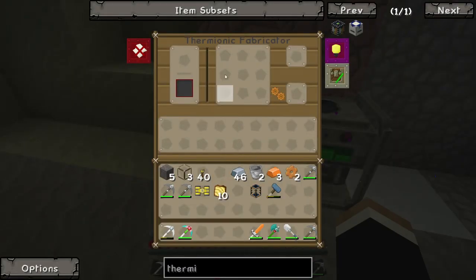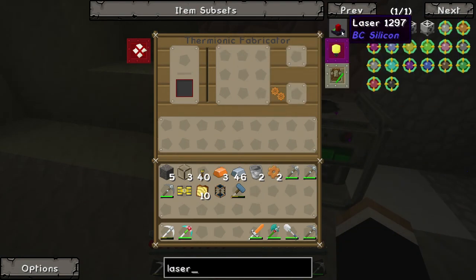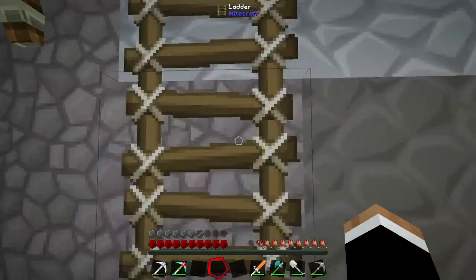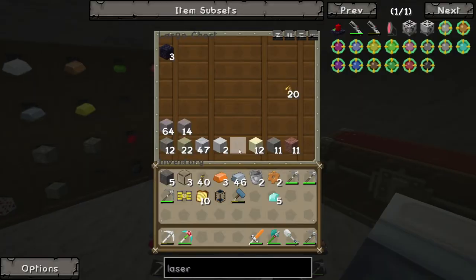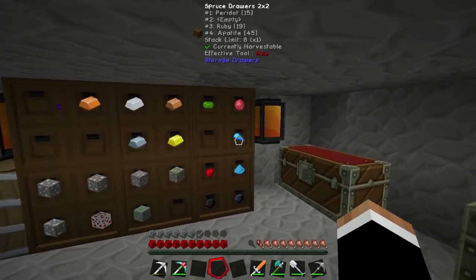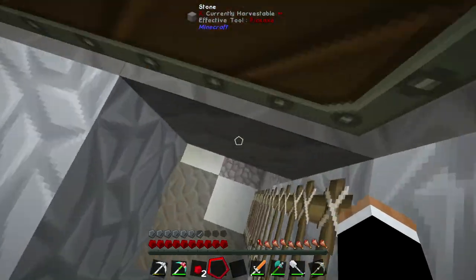All right, so here is our Thermionic Fabricator. Fascinating. Okay, so we made it, though. Yay. So now I need these lasers, right? So 5 diamonds and 2 redstone. That's easy enough. I mean, not so much. I'm running very low on diamonds. Actually, I'm surprised that I still have enough. I thought I was going to have to go diamond hunting. I honestly didn't think I had enough, so I was happy to see that I still have...